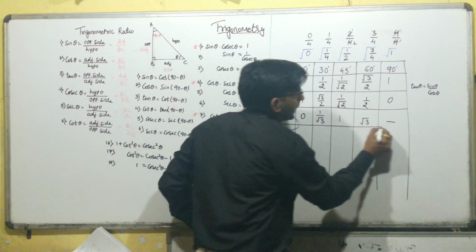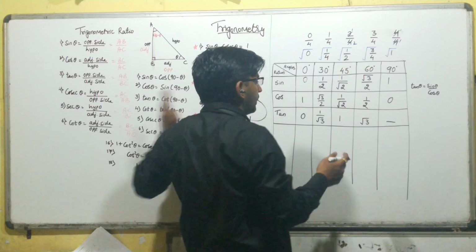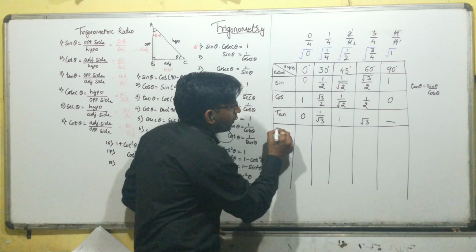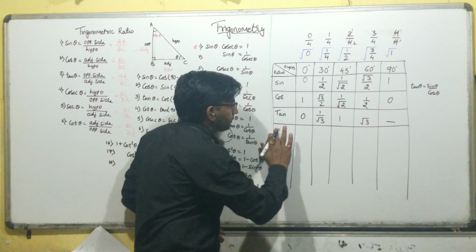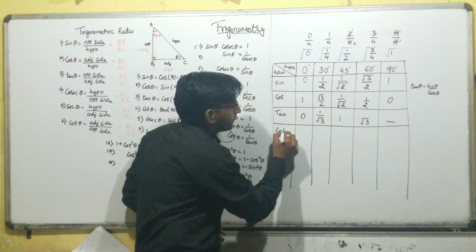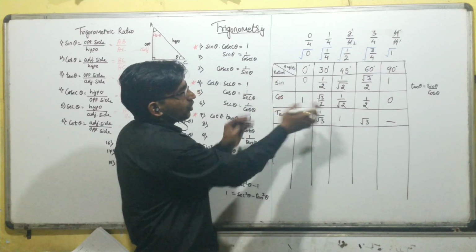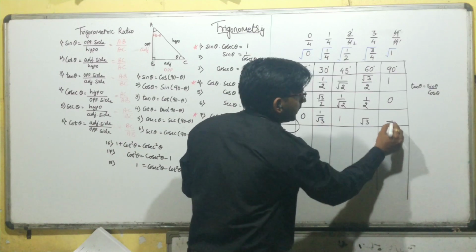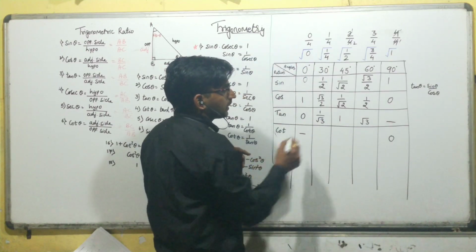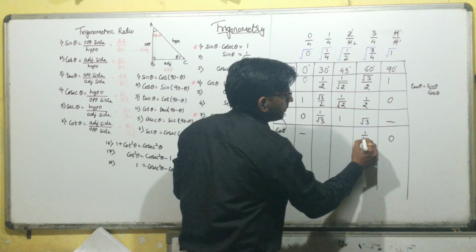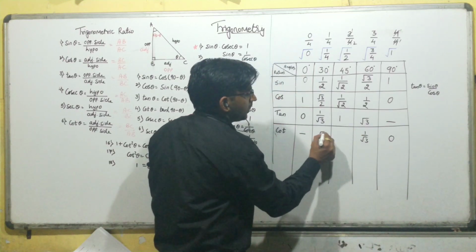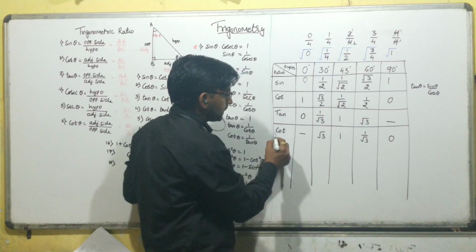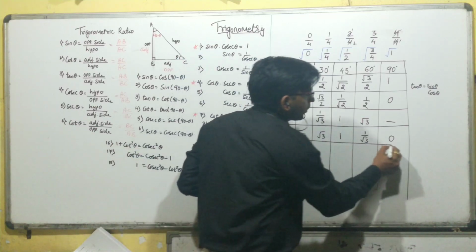After getting tan, we won't follow the order of sine, cos, tan, cosec. After we got tan, we'll go for cot theta. As sine and cos are inverses, cot is also the inverse of tan. So this 0 will copy here. This undefined will come here. 1 upon root 3 will come here. This root 3 will be followed by here. And this 1 will be carried forward as it is. So we got the value of cot theta.